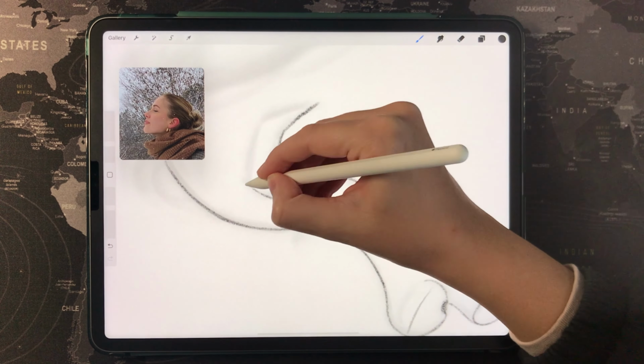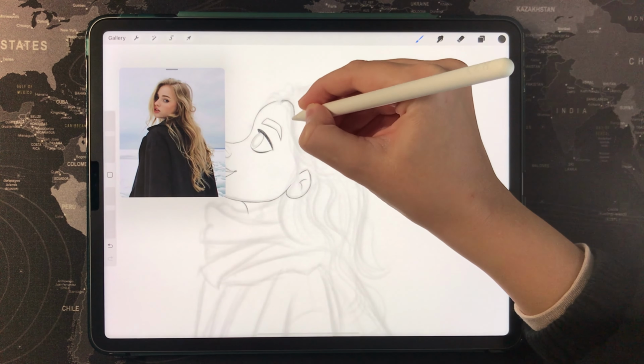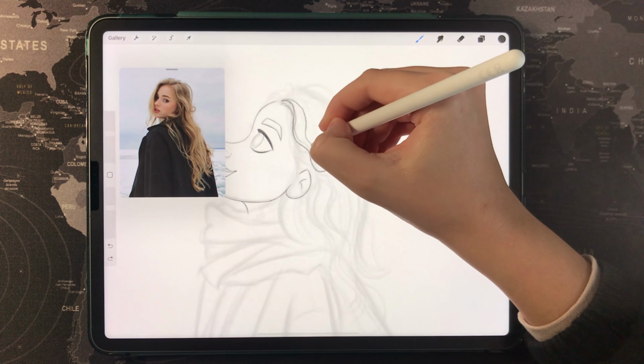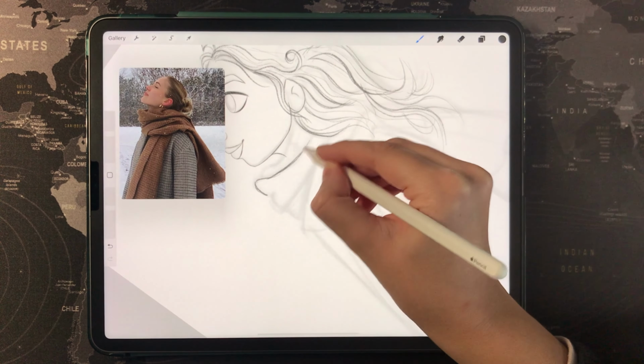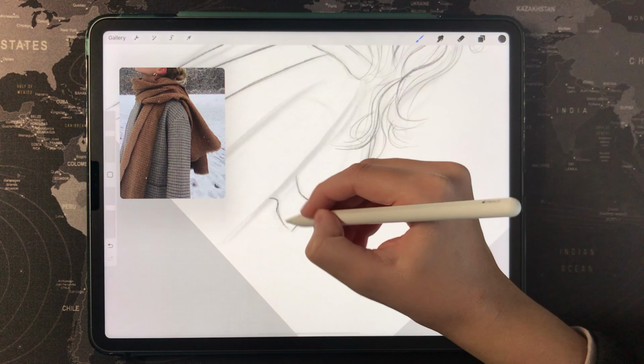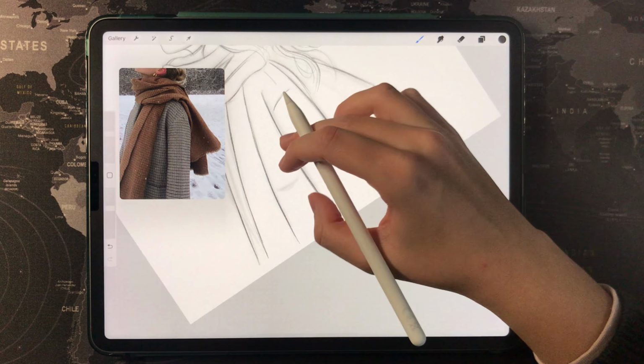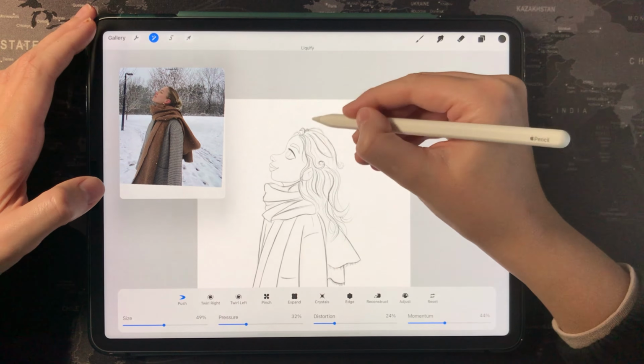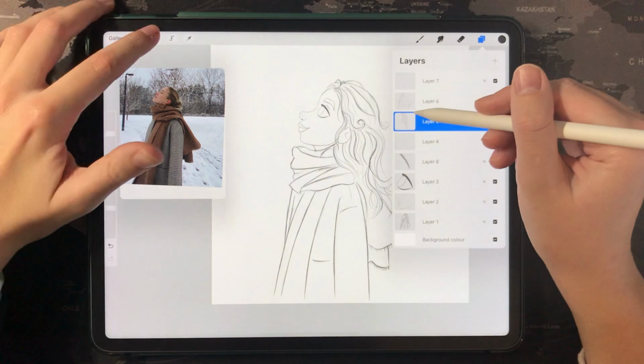So I just make the final line art, and I'm gonna skip most of it because it's kind of routine. I've already drawn the lines, so I just need to redraw them. And again, I use the liquify tool one more time to fix a few things.